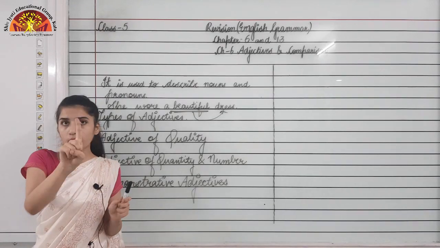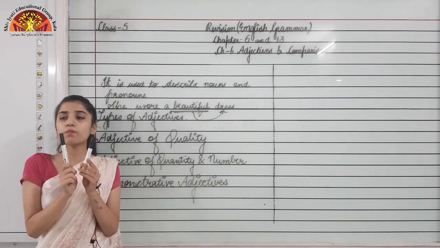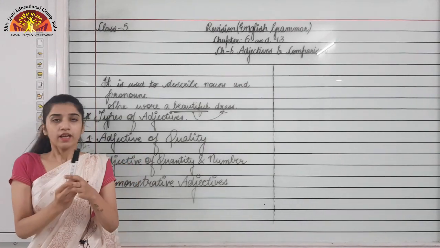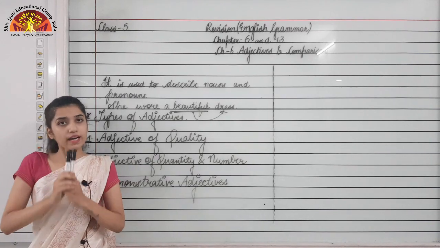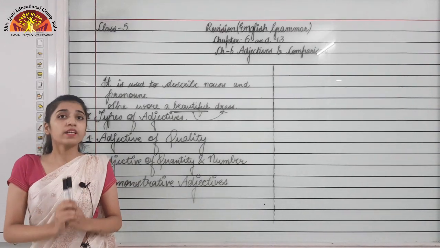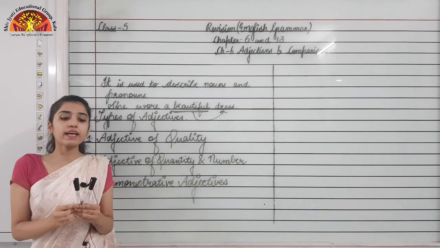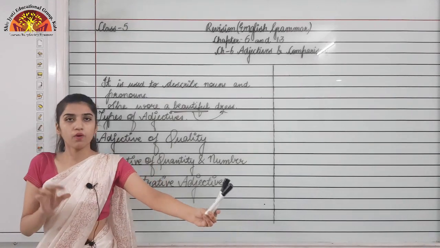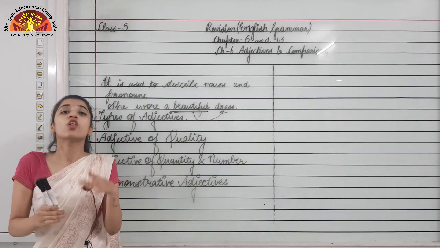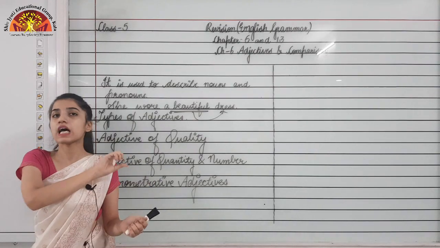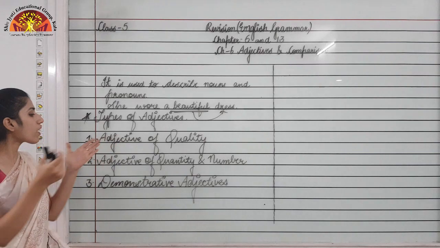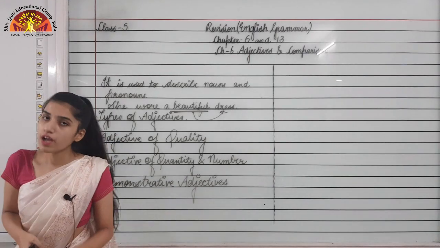I am just talking about one marker. If I am talking about 2 markers, then I will say these markers are not mine, because these 2 markers are near me. That is why I use these. But what will happen if I keep these markers away from me? The demonstrative adjective I will use is those. Those markers are not mine. So this, that, these and those are examples of demonstrative adjectives.